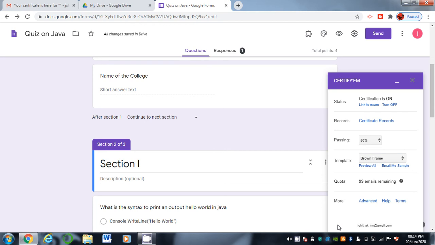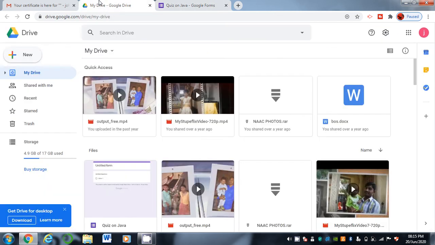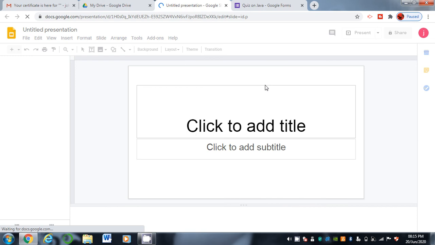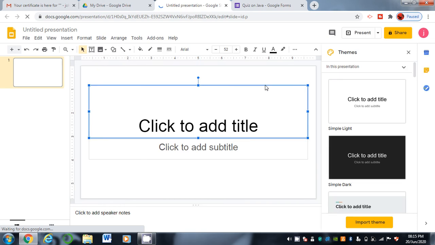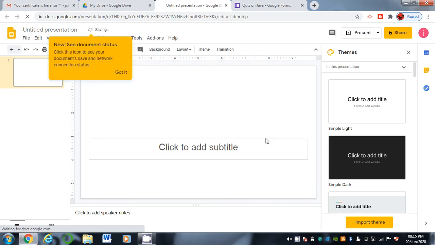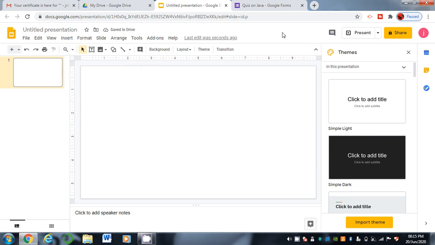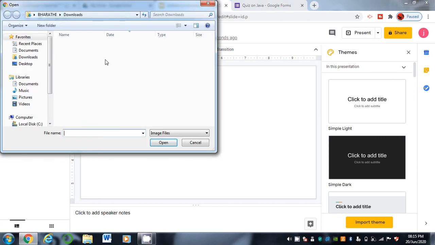Okay, so go to Google Drive and create new and select Google Slide. In this slide, remove all these and insert your certificate. So select an image, upload from your computer.